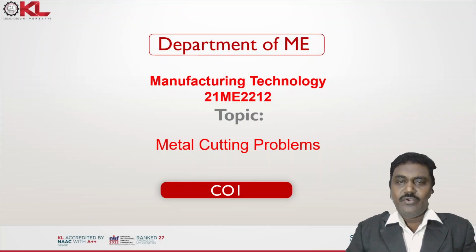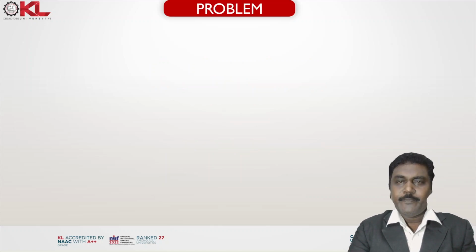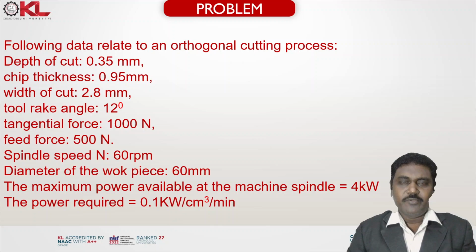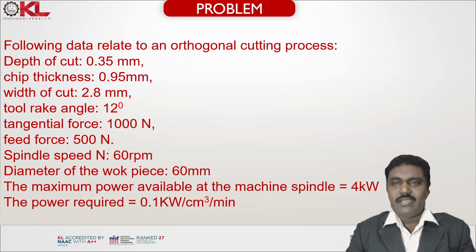In this video, I am going to explain the different problems involved in metal cutting. Now let us first see the problem. The following data is related to an orthogonal cutting process. The depth of cut is given as 0.35 mm, chip thickness 0.95 mm, width of cut 2.8 mm, tool rake angle